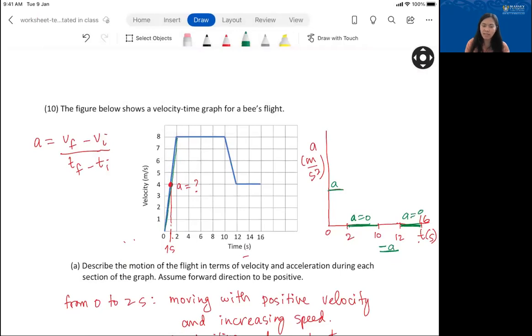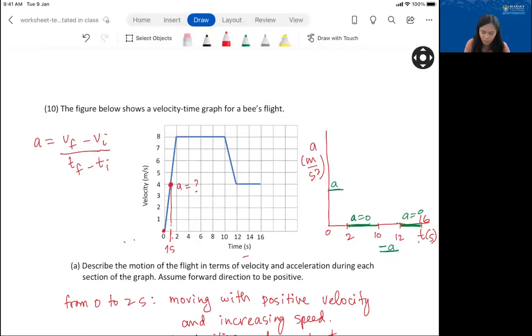And you can just get the slope of this straight line, and that will be equal to the instantaneous acceleration. So let's get the slope of this straight line from 0 to 2 seconds. Okay, but we can just take any point